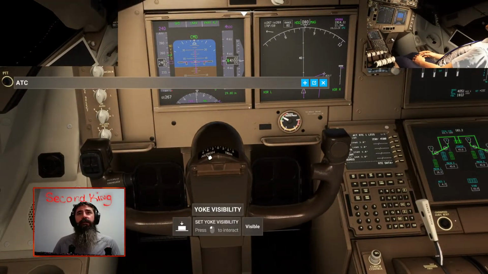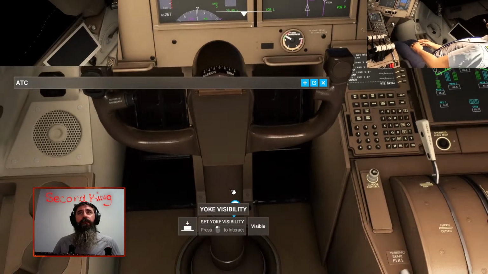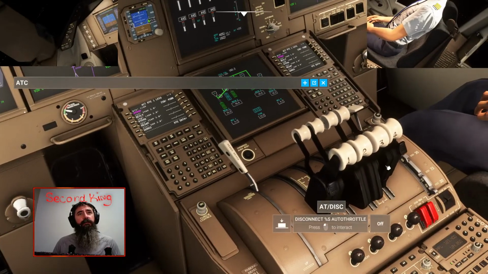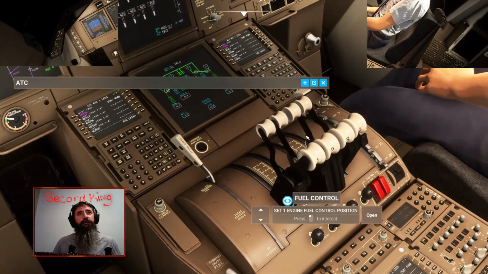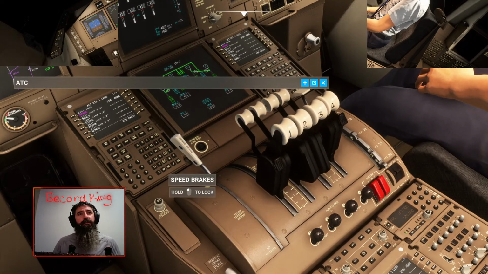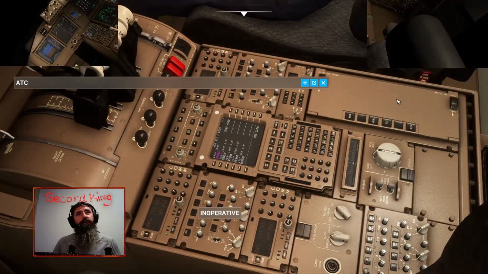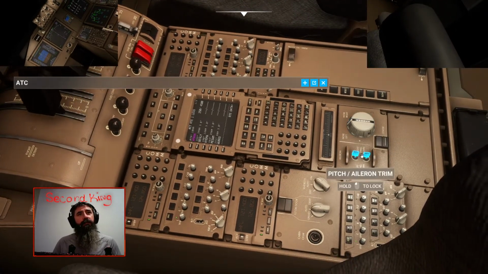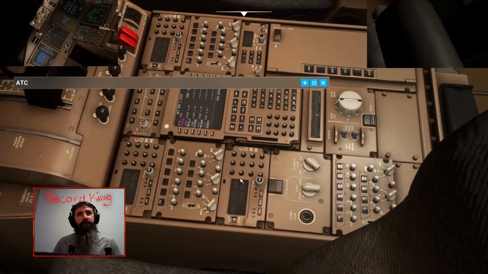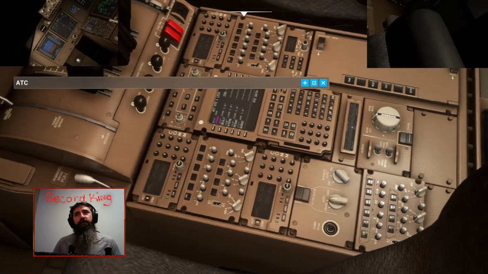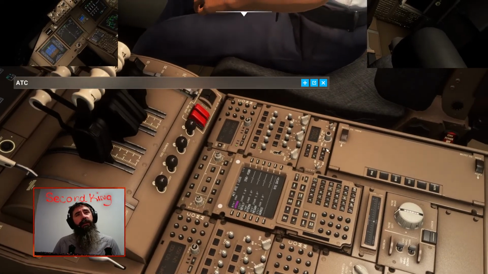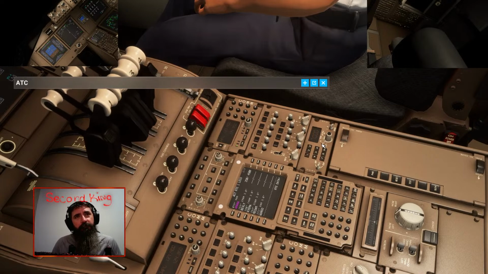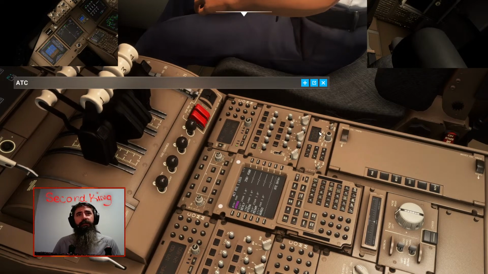Here's the yoke. There's your trims for the ailerons. Here's the throttle quadrant. The fuel controls. Flaps on this side. Spoilers on this side. Here's our radio panels and a 3rd FMS, the rudder trim and aileron trims. That's all the radio stuff. These are our lights, seatbelts, etc. Here's our CAS. We're broadcasting 7,000.